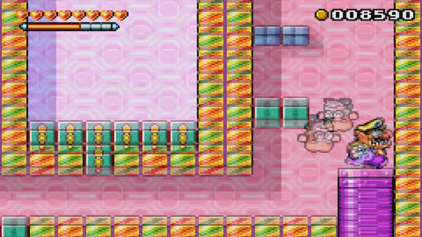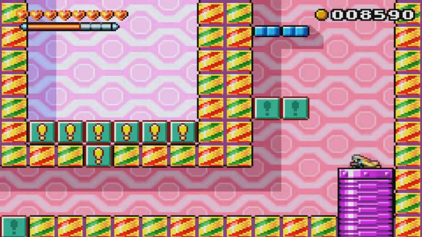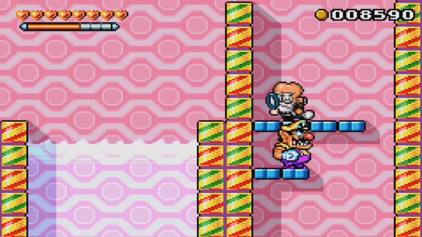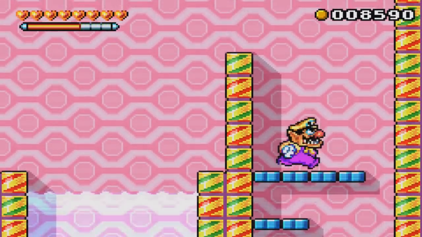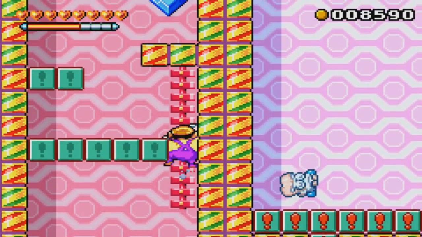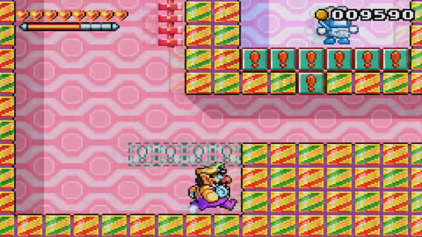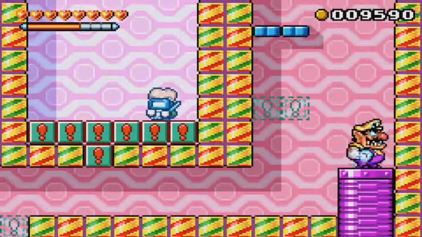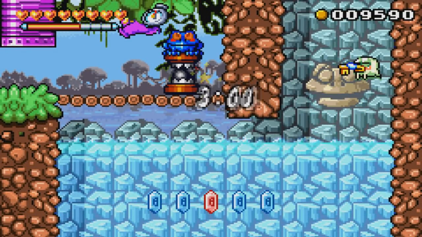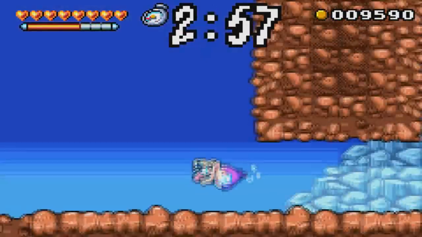The grabbing physics could be a bit better. Let me just do this. This is probably better anyway. Whee! There we go. But that's basically a race to get over there in time. Kind of a cool way to do that. So we hit the switch, and I believe we just go down here to...